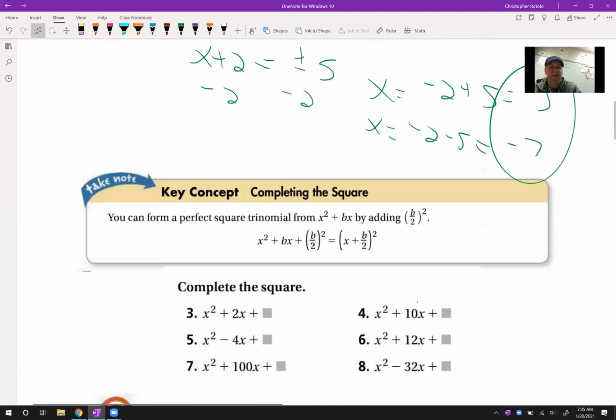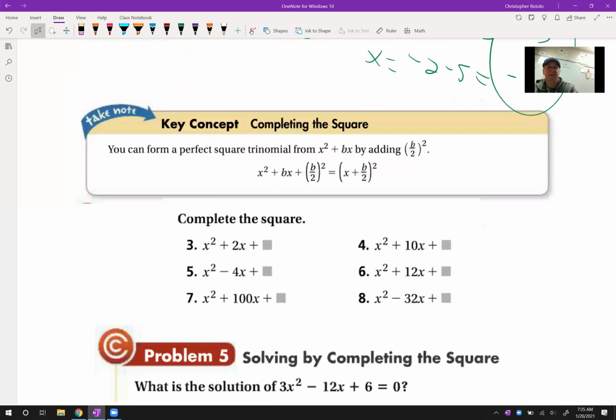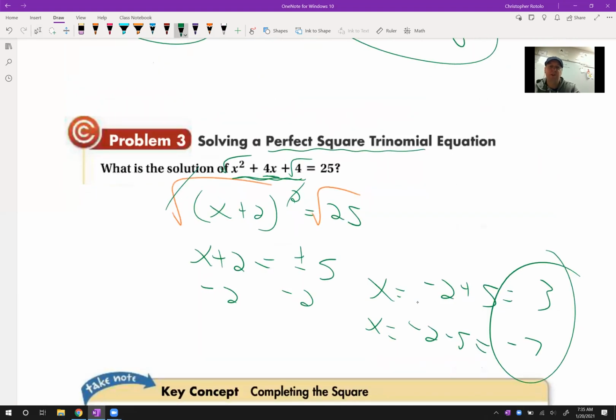All right. So here's what's happening with this one: we gave you a perfect square trinomial, but the trick is